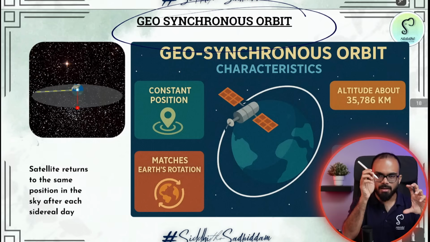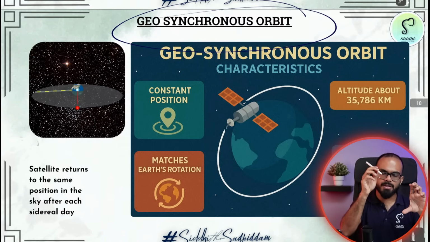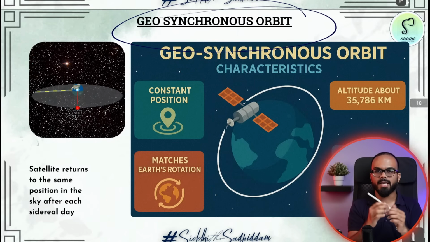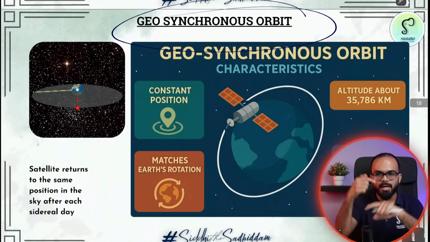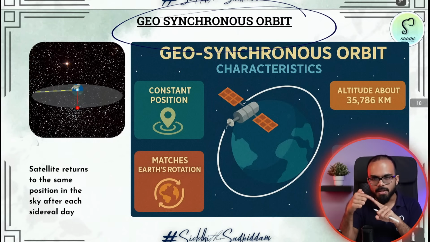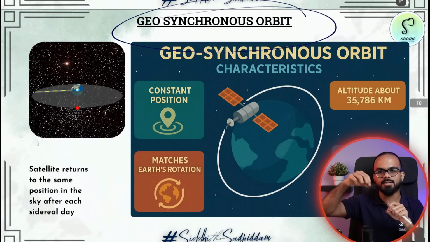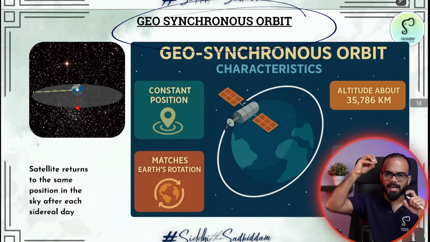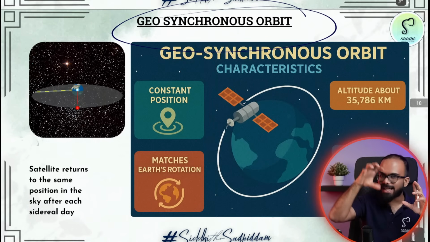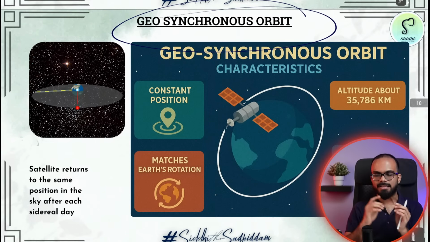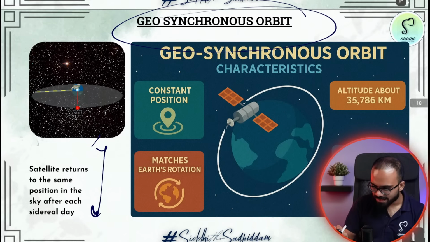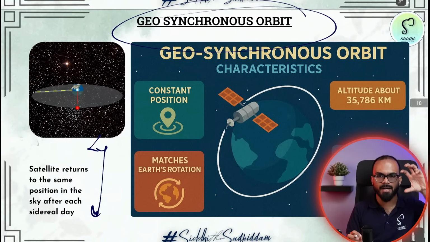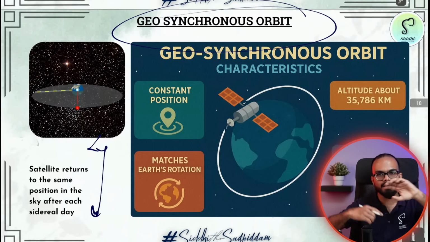It is slower, it is constant, but the position is along with the sun. So if I have a satellite that I want to work day and night, 24 by 7, from the same position, then I will put it in a geostationary orbit. Whereas if I have a satellite which has to work at the same position but daylight is enough, then I will utilize geosynchronous orbit. So the satellite is at the same position in the sky after a day, so it is in synchronous with the sun.